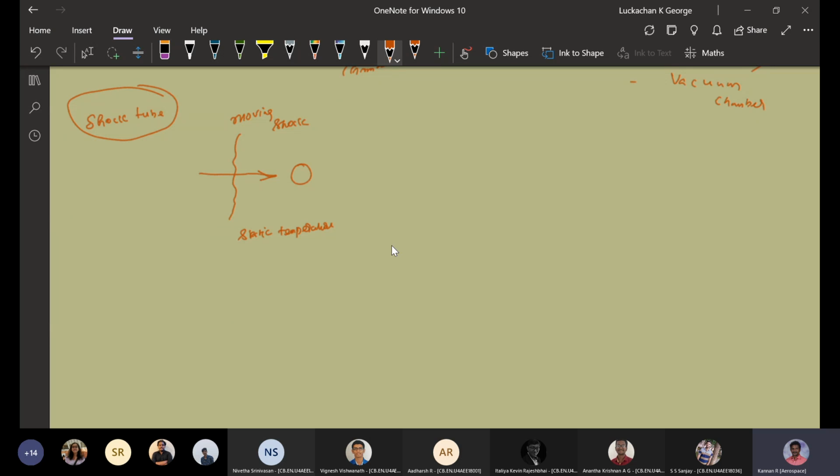The shock is going to move over the medium, so automatically it's going to create a high temperature, depending on the strength of the shock. Basically, across the shock, your pressure ratio is going to be P2 by P1. So the shock strength is going to be P1 minus P2 divided by P1,